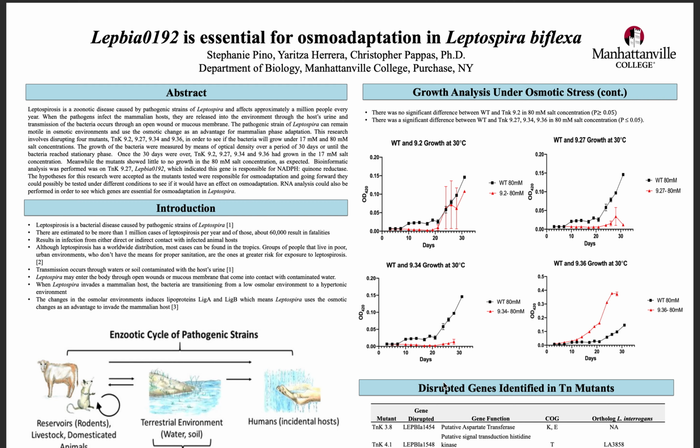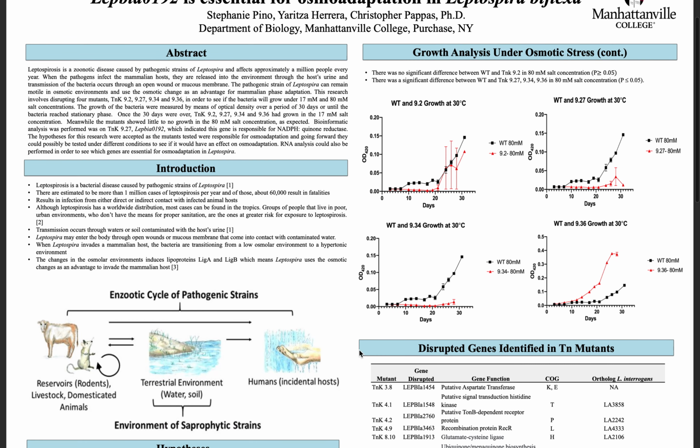It is called Leptospira is essential for osmoadaptation in Leptospira biflexa. The work was done by myself, Herrera, and Dr. Christopher Pappas. My research is involving Leptospira, which are spirochetes found in the environment, and infect mammalian hosts such as